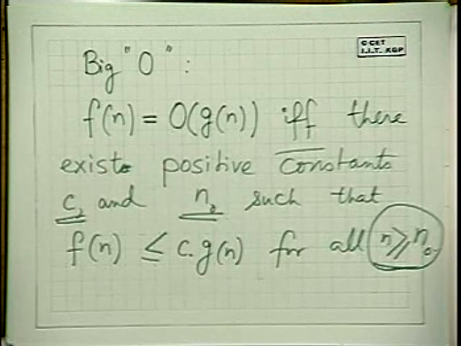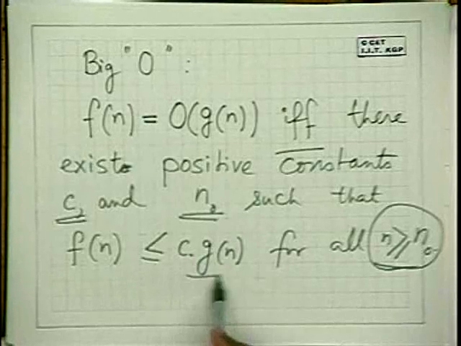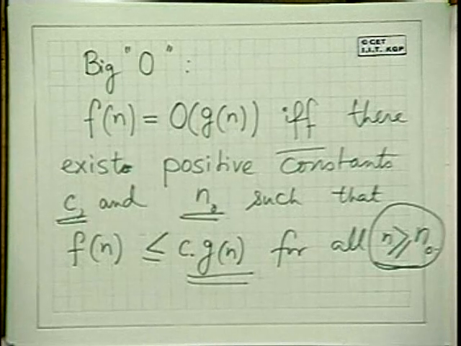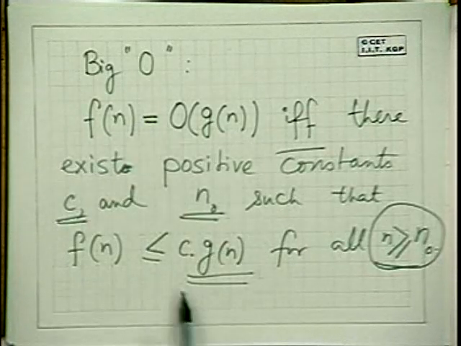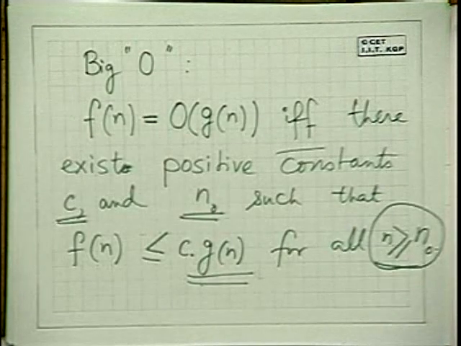But when n is greater than that, that means n is very large, then f(n) must be less than or equal to this function g(n) within a constant factor, as if g(n) is a function which is capping this function f(n) when n is very large